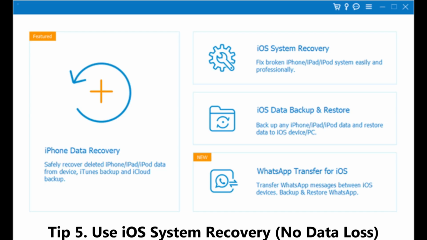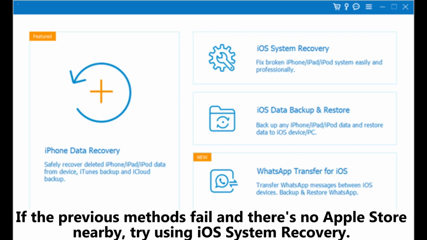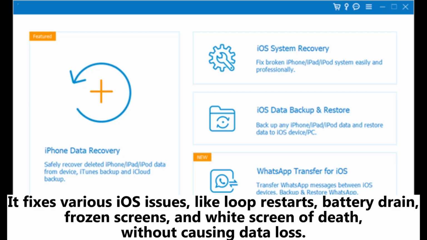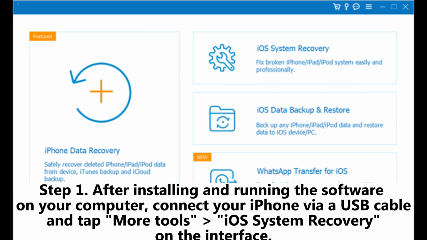Tip 5. Use iOS System Recovery. No data loss. If the previous methods fail and there's no Apple Store nearby, try using iOS System Recovery. It fixes various iOS issues, like loop restarts, battery drain, frozen screens, and white screen of death, without causing data loss. Step 1. After installing and running the software on your computer, connect your iPhone via a USB cable and